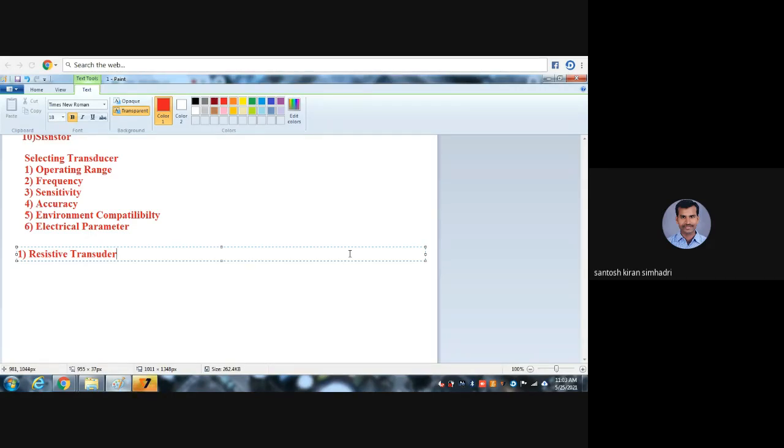Anyway, so now the resistive transducers. I will discuss the resistive transducer. Pawan, is it clear for you? Do you understand? The resistive transducer. I made a small spelling mistake here. Resistive transducers are those in which the resistance changes due to a change